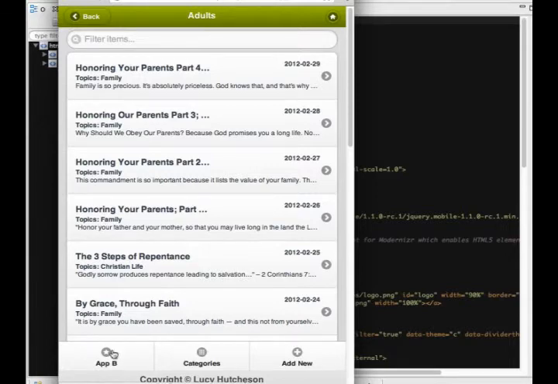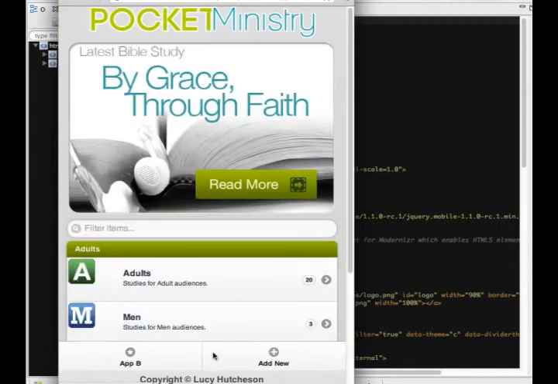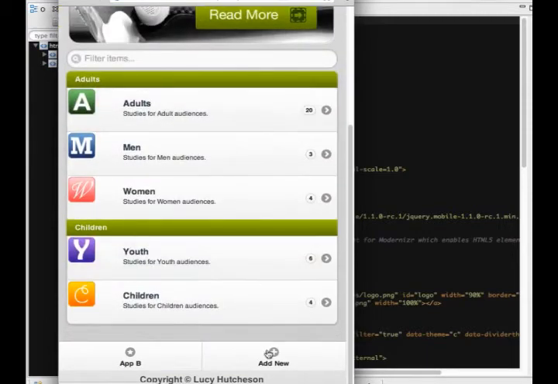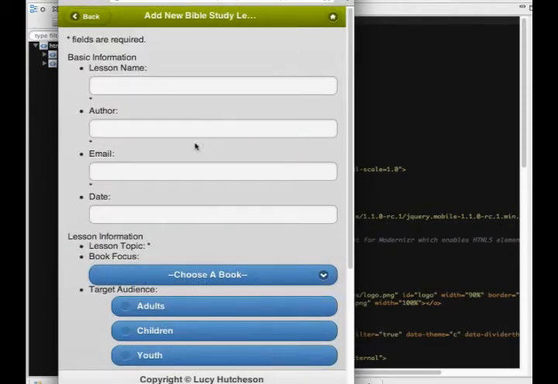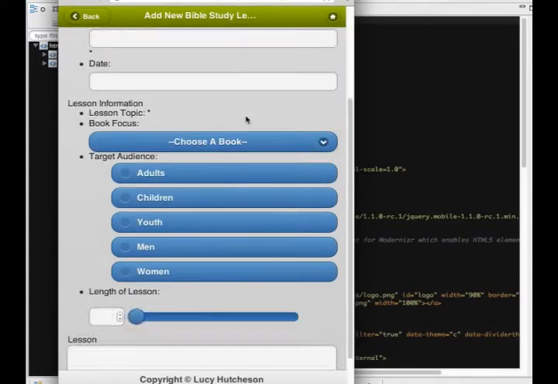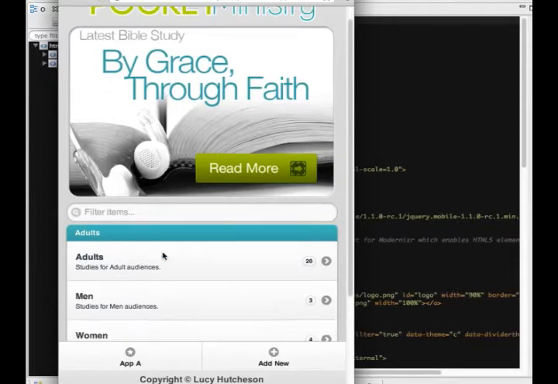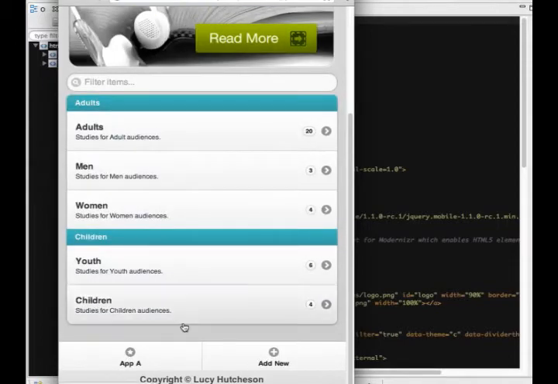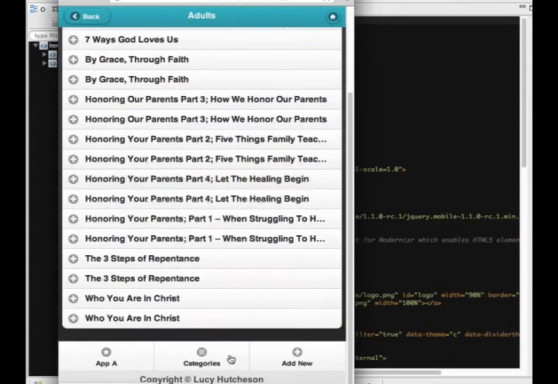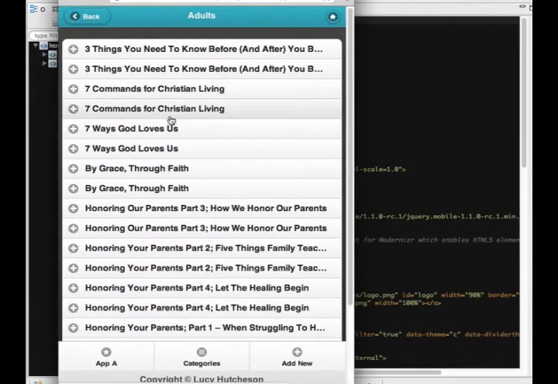The navigation, as you can see down here at the bottom, we have app B categories, which takes you back to the front where the categories are, and then we also have the add new feature, which will be for later, next week's project, I believe. The same as in app B, we have the nav bar down here at the bottom, which does make sense for jumping between categories. The other thing was whether it was going to be on one window drill down or